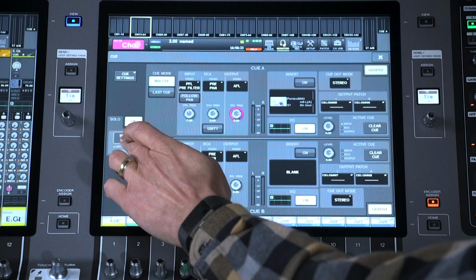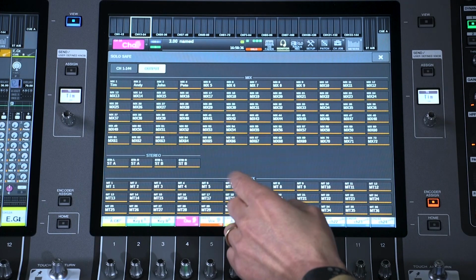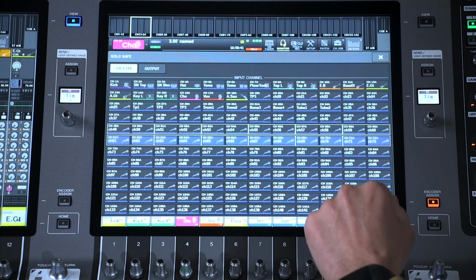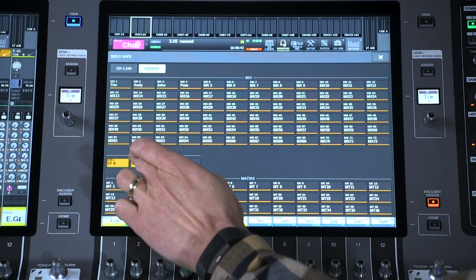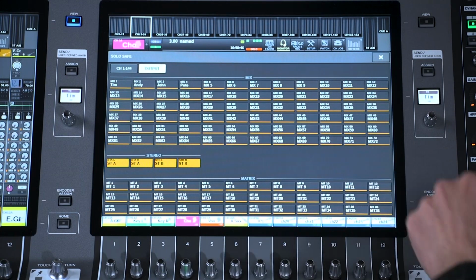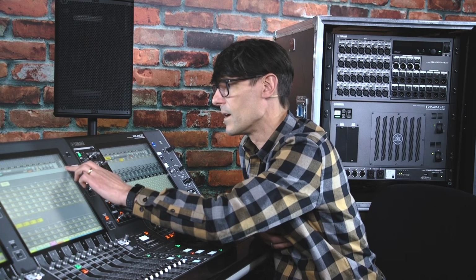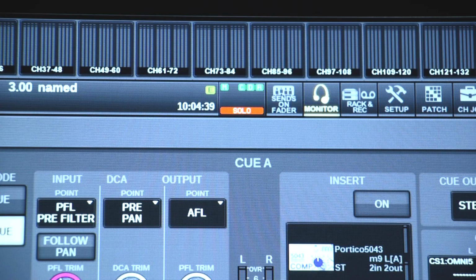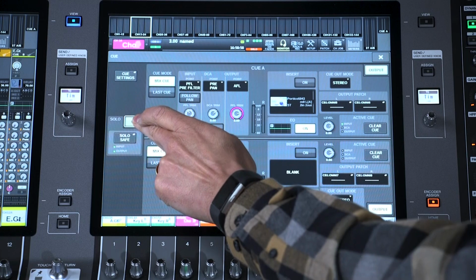It allows you to hear solo channels through a PA system, which can be really useful during a sound check, but not with an audience. Use the Solo Safe grid to select which channels should not be muted, like effects returns and sends and PA system outputs, click tracks, and so on. After sound check, remember to disable solo again. Notice the red indicator in the status box in the middle of the menu bar.